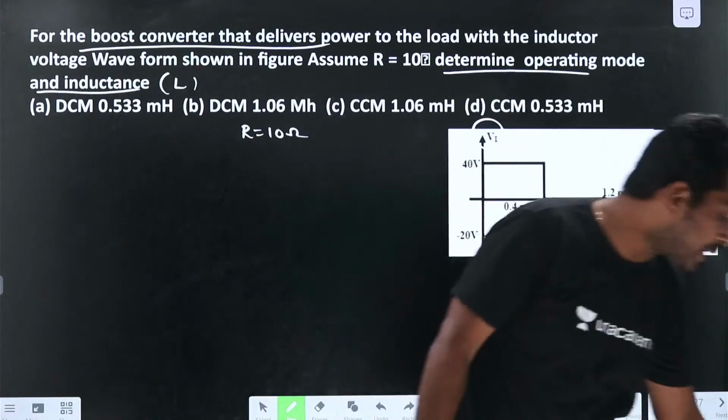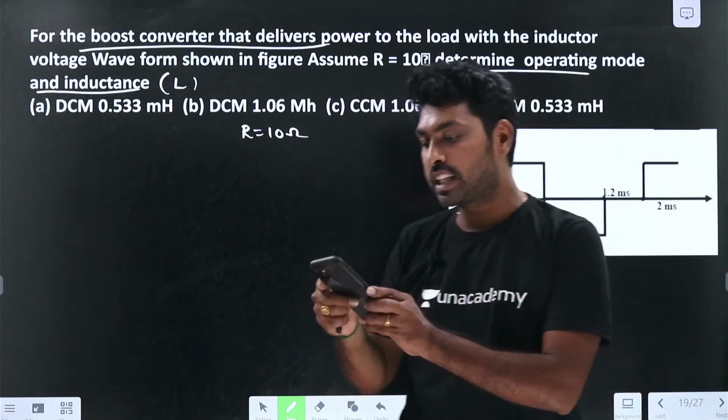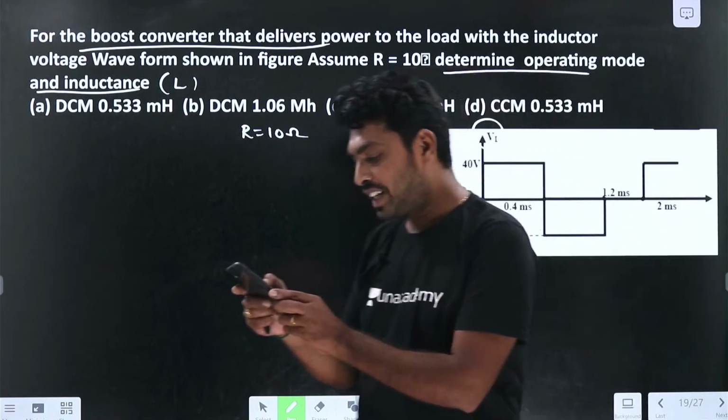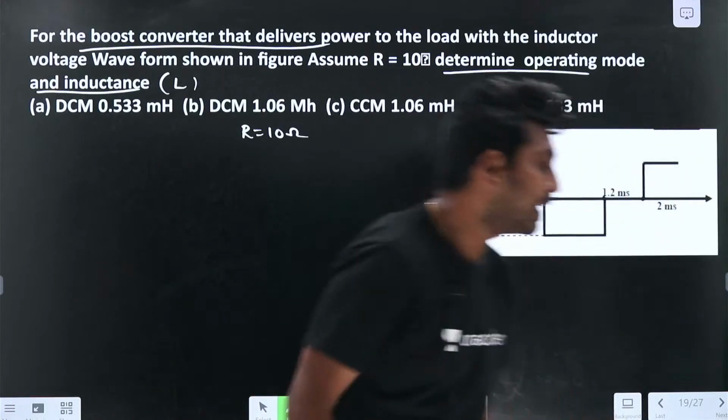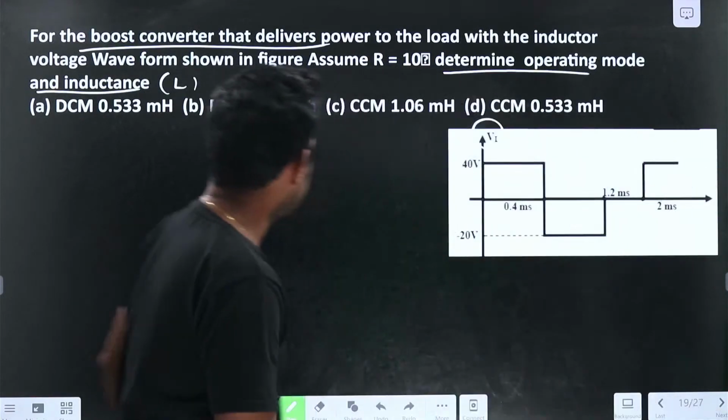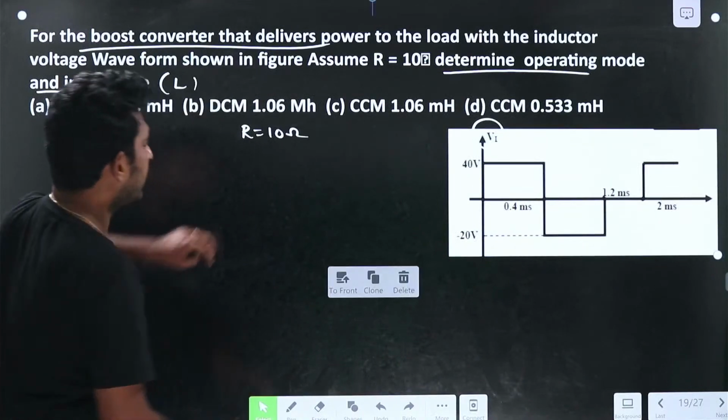So which kind of operation will it be? By observing the waveform itself, we can tell that. Harish, very good. It will be the DCM. So DCM, why? Because, if you observe the circuit,